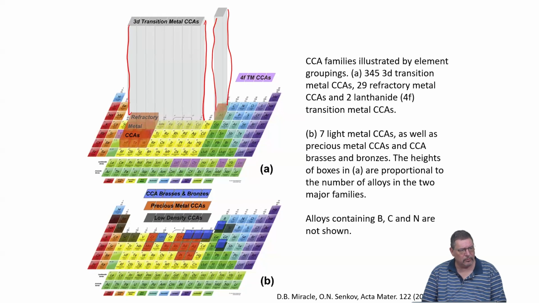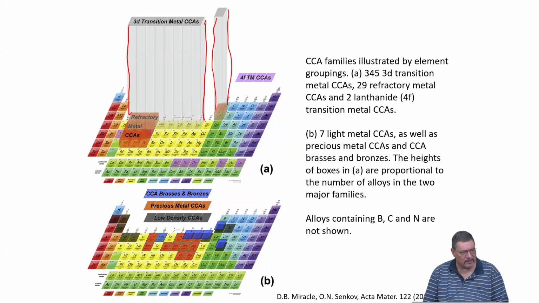So there is a lot of work to do in terms of their microstructures, phase transformations, mechanical behavior, diffusion behavior, all of these aspects. And then there is rather a small number of, for example, precious metal CCAs, so making a high entropy alloy or a compositionally complex alloy just based on the precious metals. This is, for example, if somebody wants to make a new catalyst and wants to leave out certain very rare precious metals, then people are trying to use the high entropy concept in order to make a replacement with similar properties but less cost.